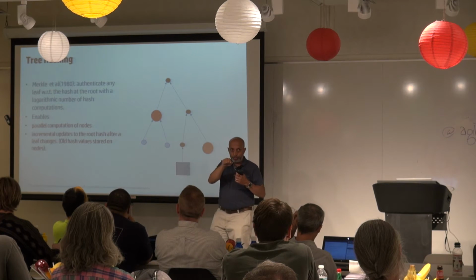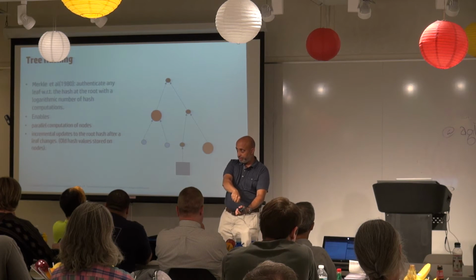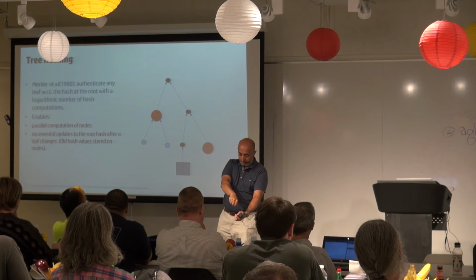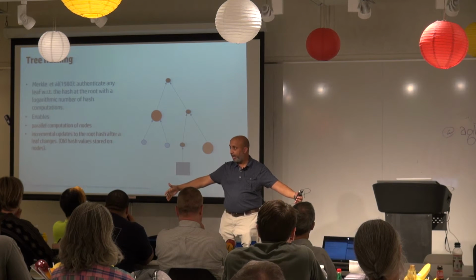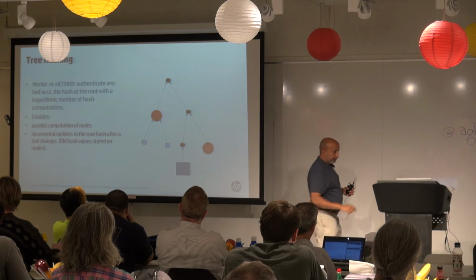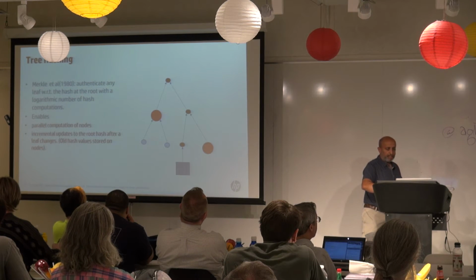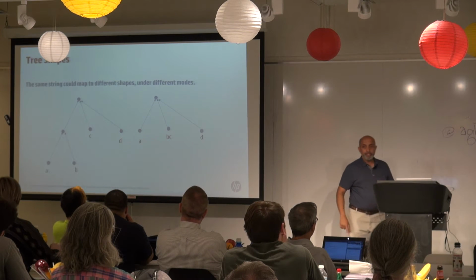At each node, you use the newly computed hash of the leaf that you're verifying and the other sibling hashes which you have already stored in the hash tree. That's a very simple idea. What's the big deal? The big deal is